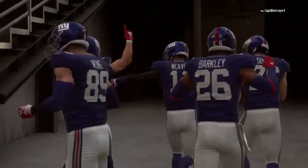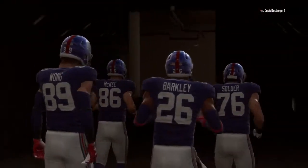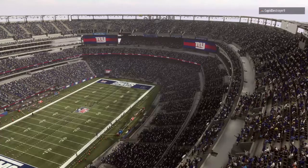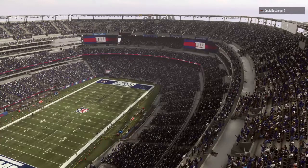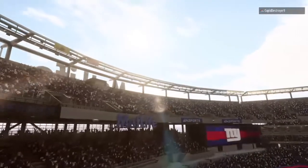So for the Giants, it's an important win in terms of staying in the postseason race as they move to 6-4. And they will hit the road next week. Meanwhile, for Denver, it's a bit of a setback as they drop to 6-4 now. And they will try to turn it around next week as